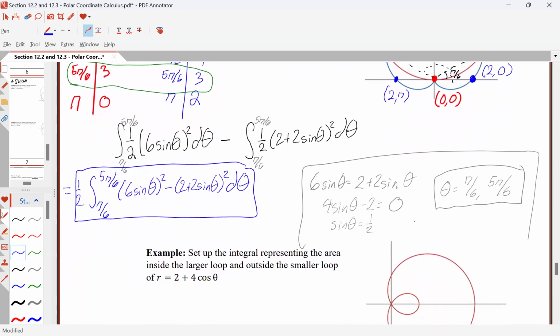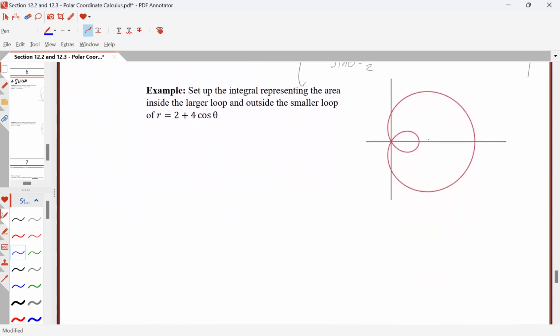Let's take a look at another example. This time we don't have two functions, we only have one. We want to set up the integral representing the area inside the larger loop, but outside the smaller loop. So we want to find specifically this area. So again, to get a decent idea, what we'll want to do